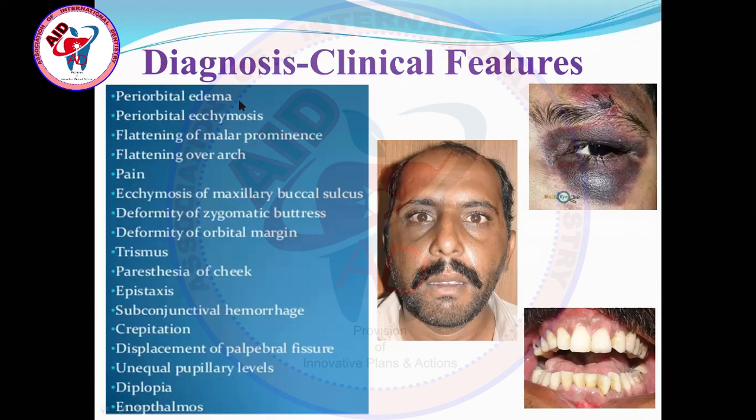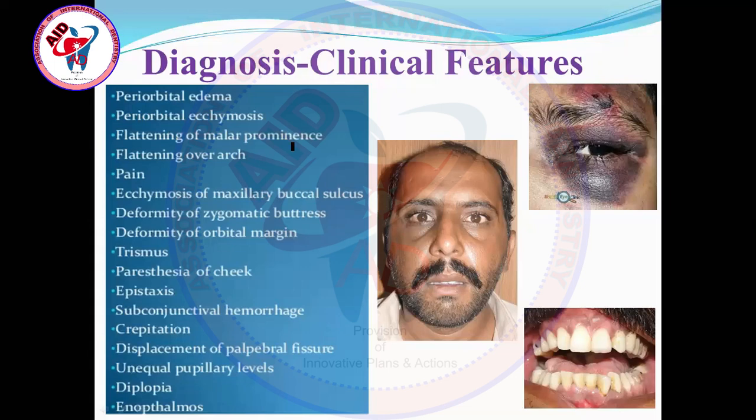Like there could be periorbital edema or periorbital ecchymosis, like here, I'm pointing at this pic, the upper right pic. There is periorbital ecchymosis, periorbital edema, swelling and puffiness of the eye, more common in Le Fort 3 fractures, and very common in case of Le Fort 2 as well as 3 fracture in combination, or in case of multiple fractures when there is Le Fort 3 fracture, Le Fort 2 fracture, and also zygomatic bone fracture. Here is the flattening of the cheek in this pic, also limited mouth opening, periorbital ecchymosis, flattening of malar prominence,